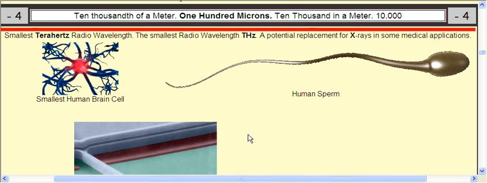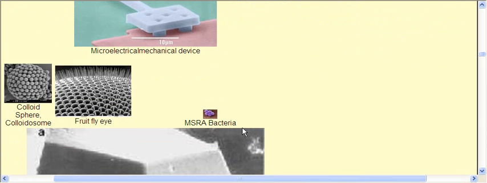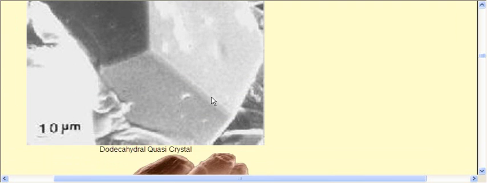Here's the smallest human, this is a human sperm. Here's a microelectromechanical device. There's 10 UMs, 10 microns. There's the fruit fly eye. Here's that bacteria. Here's a colloid sphere, colloidosome. Oops, sorry, but I don't know what that is. This is a